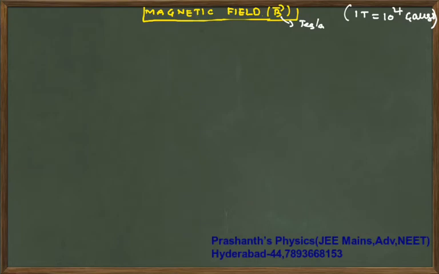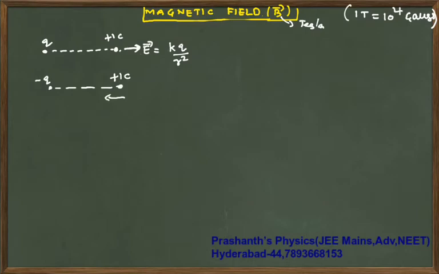Now if you have a point charge, how you are defining your electric field means you will place plus 1 coulomb charge here. On plus 1 coulomb charge, the field is a vector. You will write kq by r square as the field direction on this plus 1 coulomb. If it is negative charge minus q, you will keep plus 1 coulomb charge here. Negative charge will attract this way. Your E bar is kq by r square. Its direction is towards left. Its direction is towards right. This you must have studied in your electrostatics because of point charges.